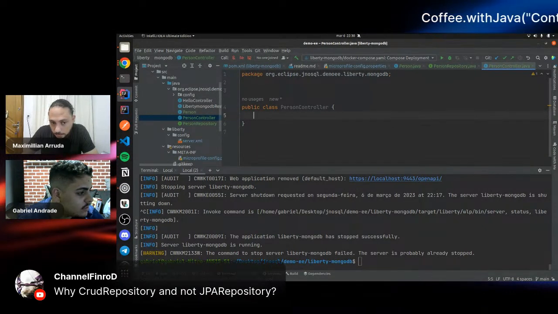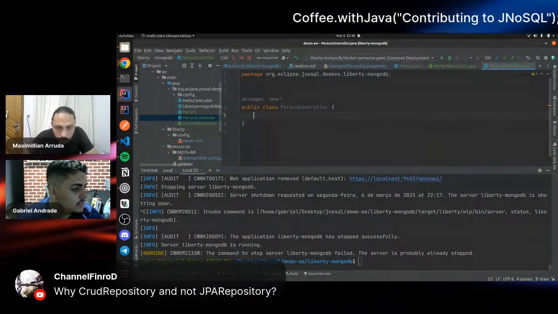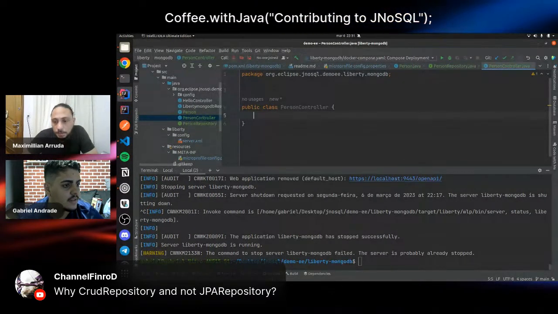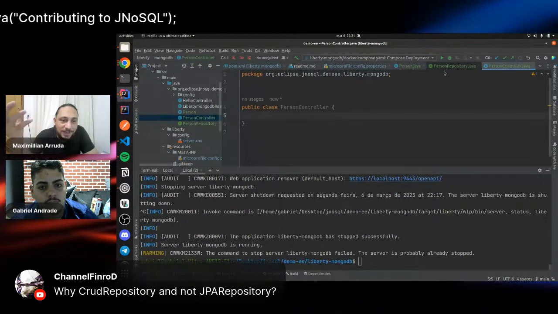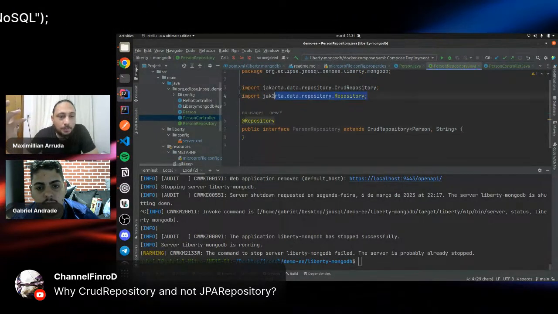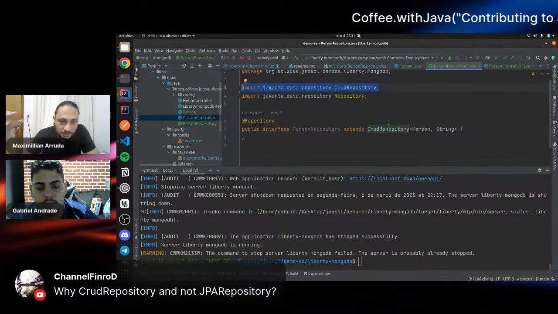Oh, but we have a good question: why use CrudRepository and not JPA repository? Because first of all, it's not a JPA repository. We are not dealing with the JPA specification.